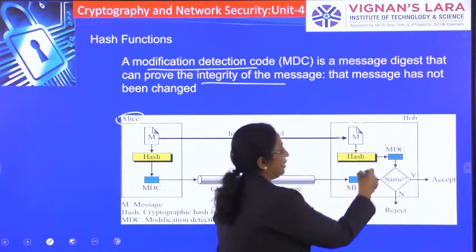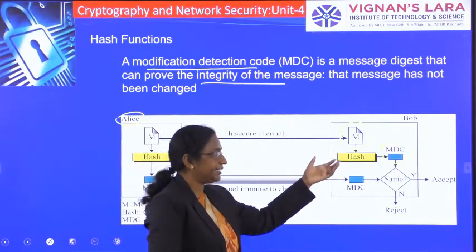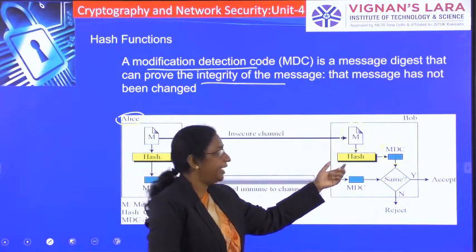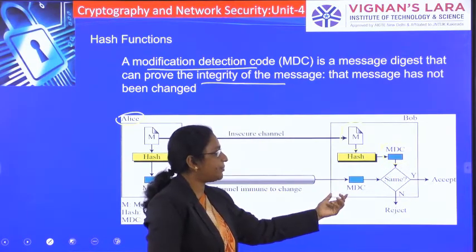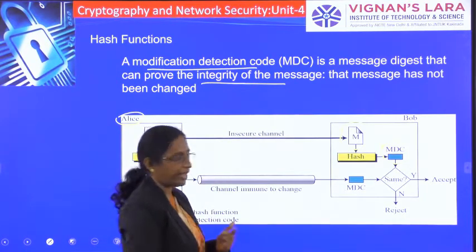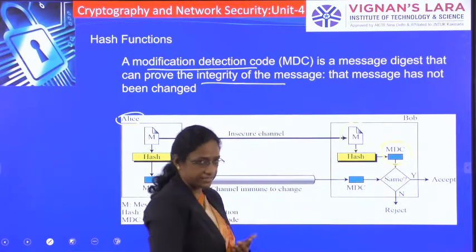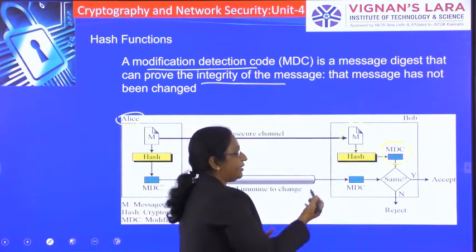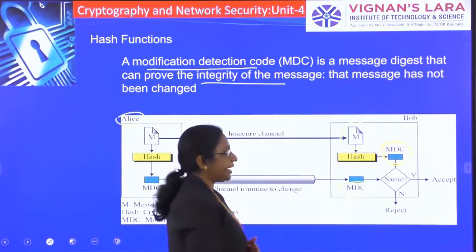After computing this modification detection code, he compares it with the modification detection code that is sent by Alice. So he compares both.